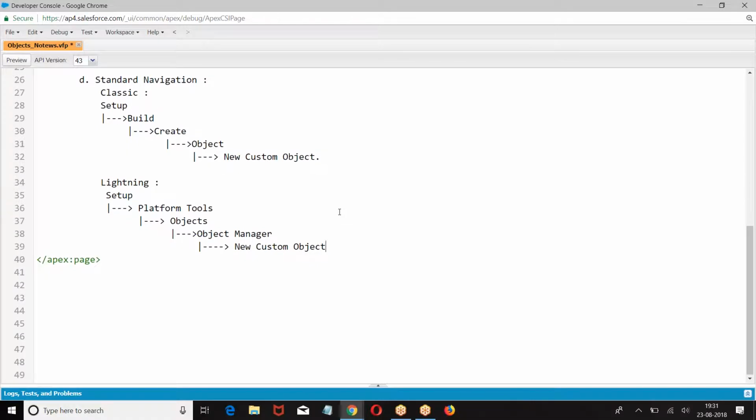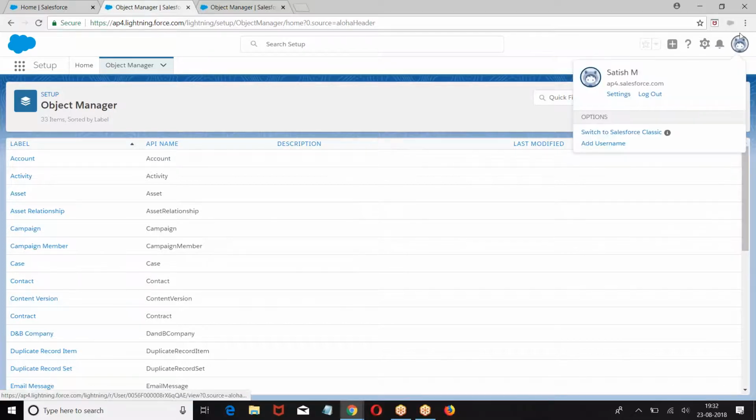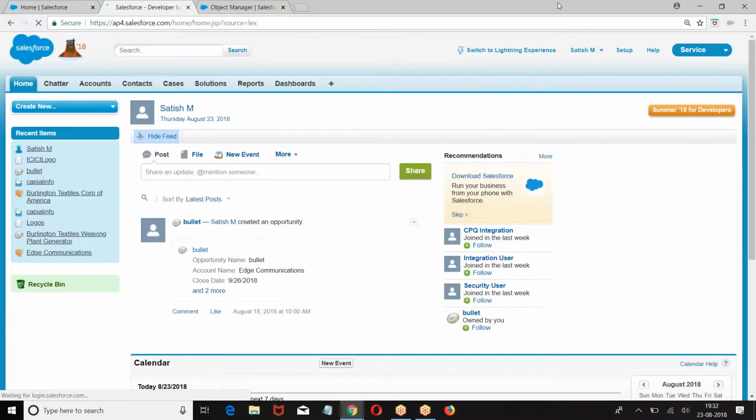If you go for Classic: setup, build, create, objects, new custom object. Lightning also: setup, platform tools, objects, object manager, new custom object. Then we understand one by one step. First, I'll give the theoretical information, then we'll see the notes. Once you click on this, the process is the same, only the navigation is changing.